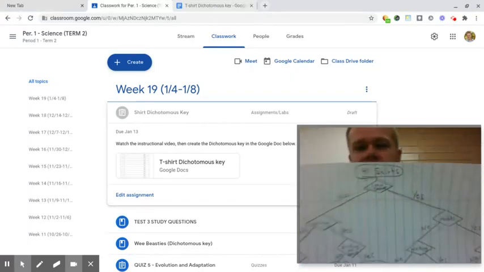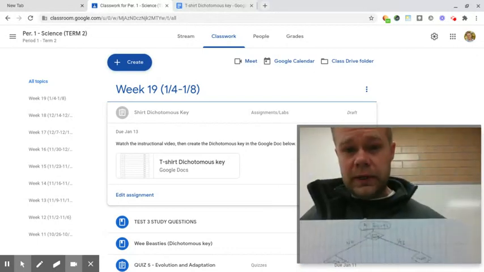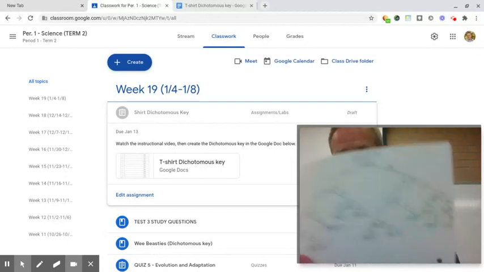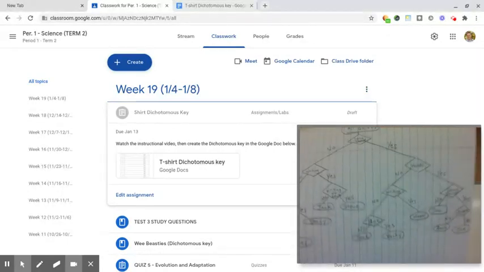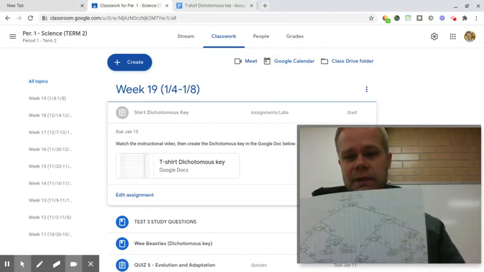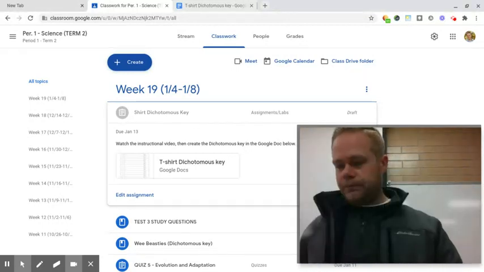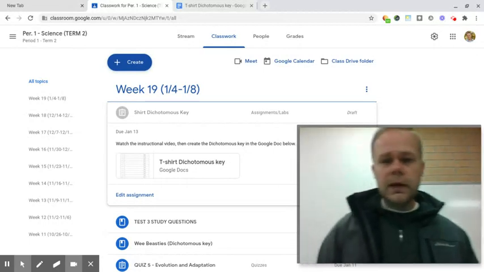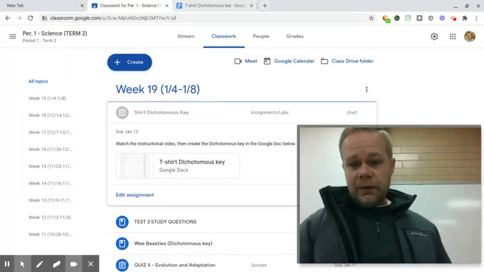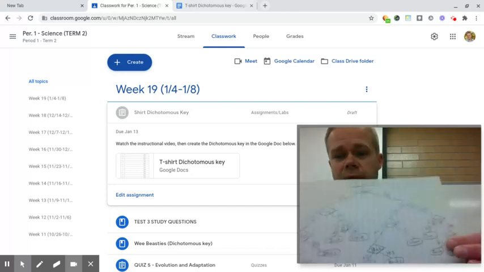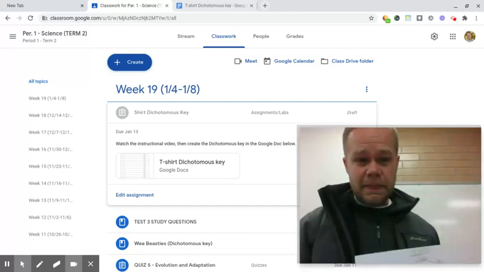Now you need to, again, copy that down if you don't already have it. Once that's done, I'll have you pause the video now. Once you have this copied down, the document that's attached, then we'll move on to part 2. So now that you have that copied down, if you didn't, pause the video and do it. But now that you have that copied down, or you have the one you did in class, now we're going